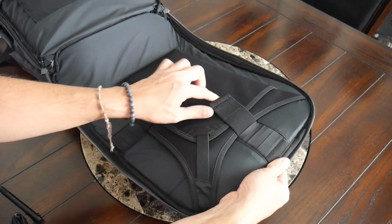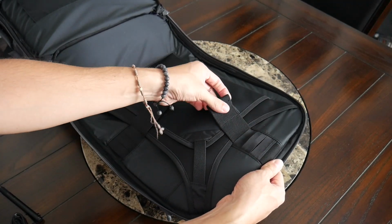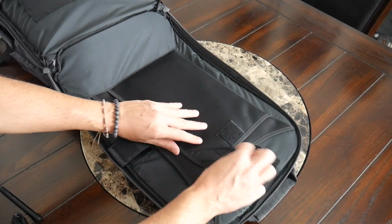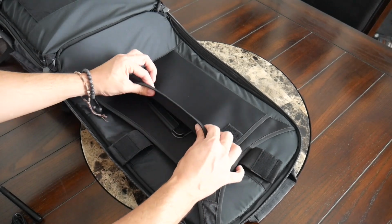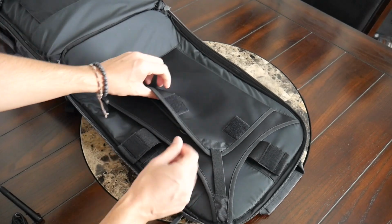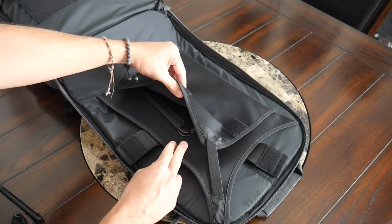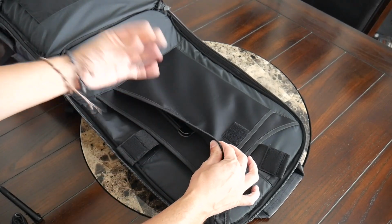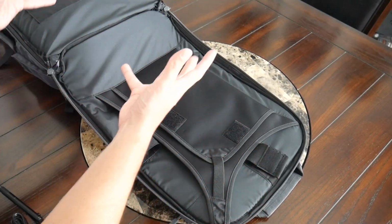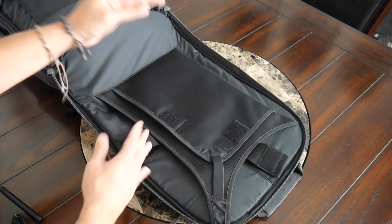You also have the ability to adjust this to a variety of device sizes. So nice amount of adjustability on both sides. And then the sleeves themselves are actually made with this nice sort of gel-like material. So even though it's not fleece lined per se, it does feel like your devices are going to be protected from scratches and shocks and bumps and things like that. It's not quite as rigid or thick as some other laptop sleeves, but it's a good trade-off as far as weight, space, and